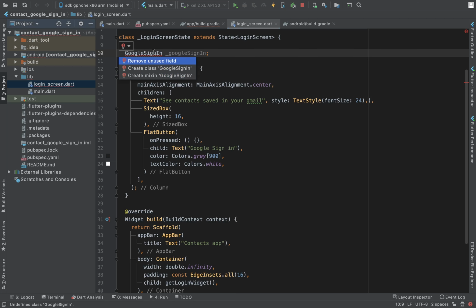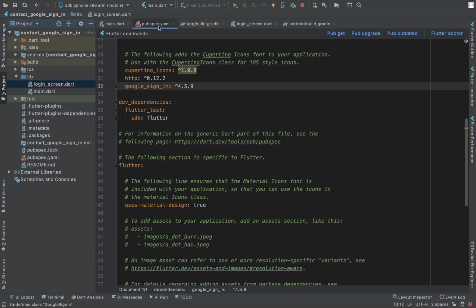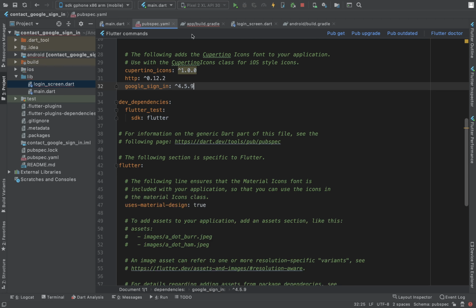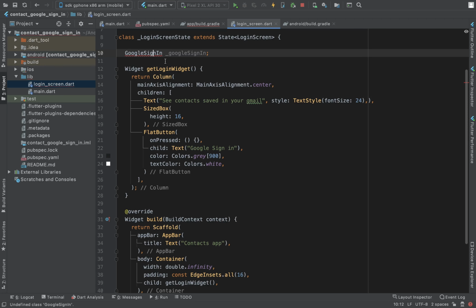And there's no file yet. I think we haven't installed the plugin successfully. Okay, so it is saying that now it is installed. So let's try again. Okay, so now we have the Google sign in